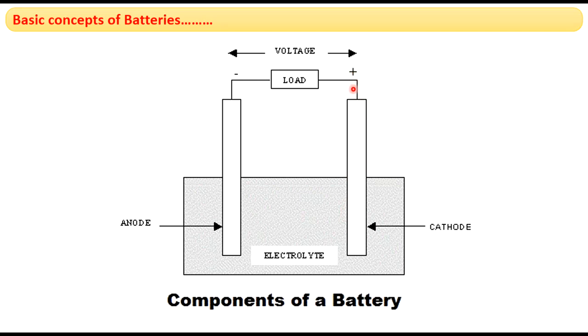And you can see this is the cathode, and it is given a positive charge. It is a positive electrode, and electrons coming from the anode, this is the anode, electrons will be produced at the anode, they flow towards the cathode, and here those electrons are consumed.